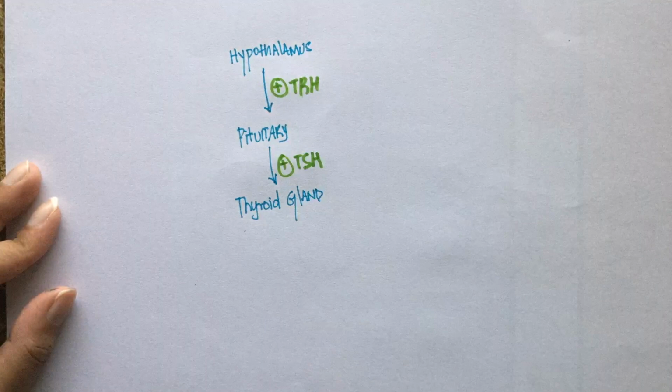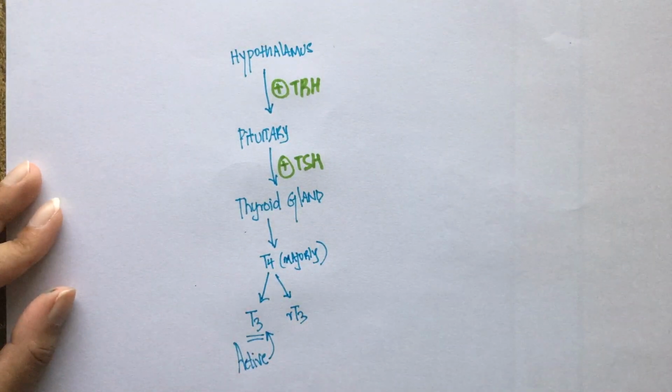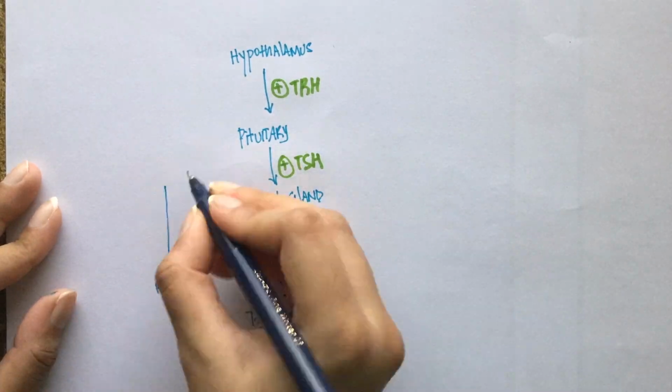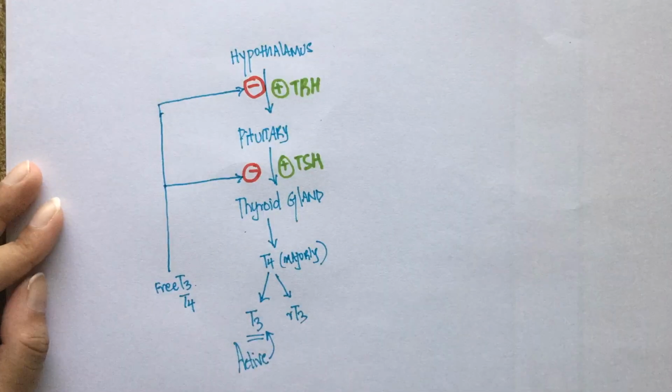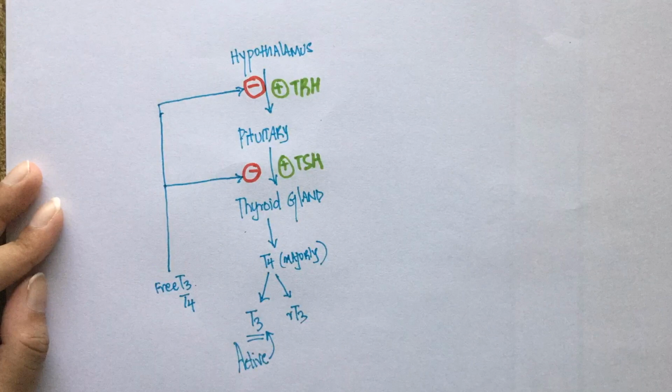So, when there is a lot of free T3 and T4, it suppresses the secretion of TSH and TRH. This is done to make sure that the thyroid gland doesn't produce excessive hormones. This process is called negative feedback. Conversely, when there is a drop in free T3 and T4, the levels of TSH and TRH will increase. This is done because the body senses a lack in thyroid hormones and finds the need to stimulate the thyroid gland to secrete thyroxine.